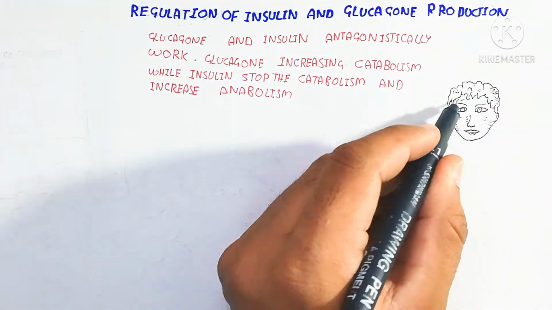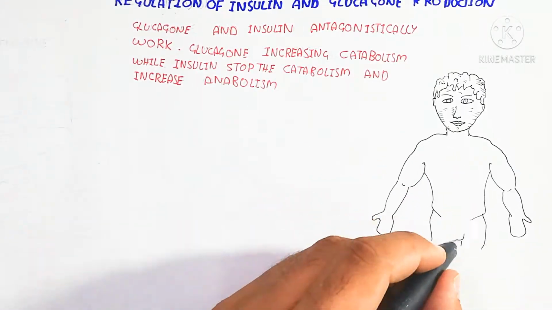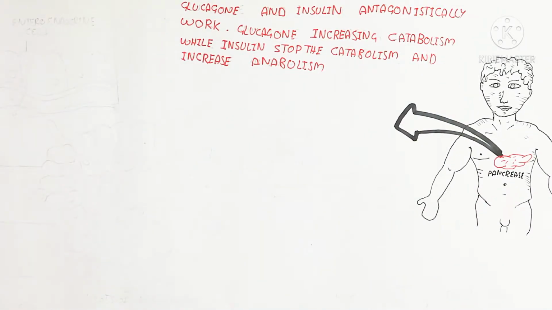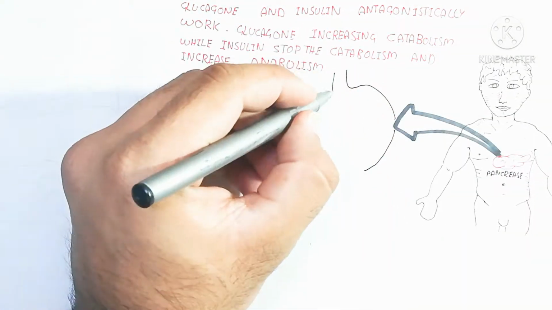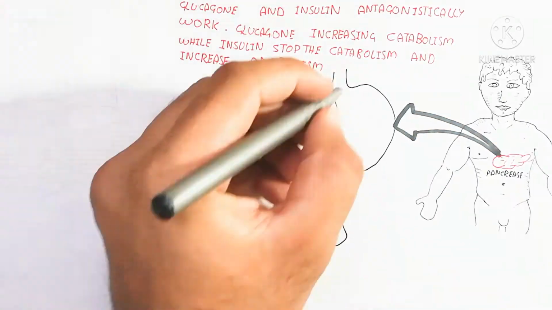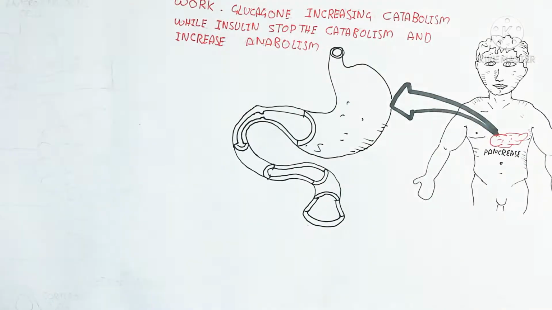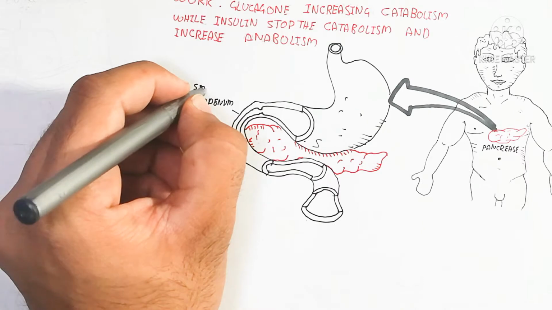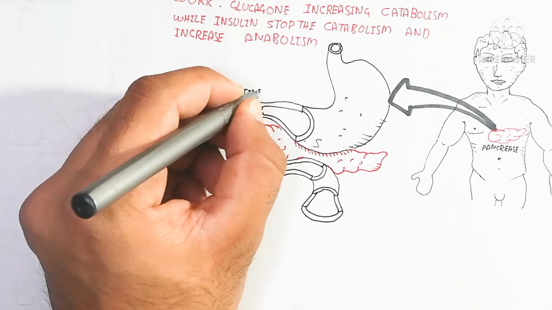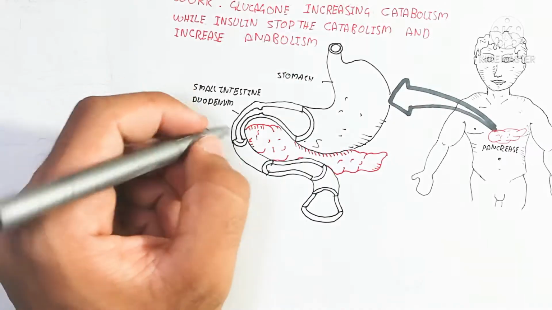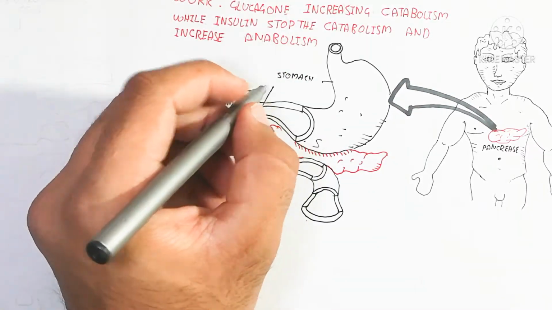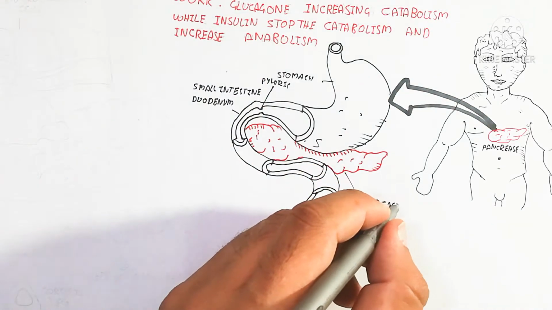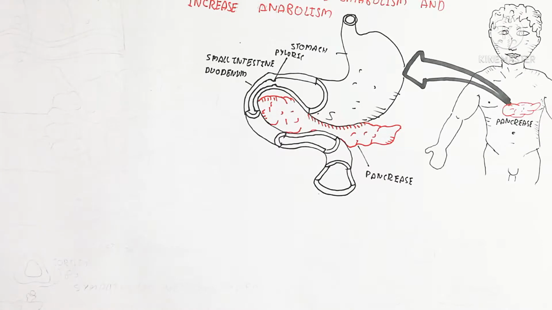So here I am drawing a person which contains the pancreas beside the duodenum. This is the pancreas. We can draw it with the stomach, and the pancreas shown in the figure looks like this. The structure is shown in red color in the figure, and it contains a tail, a head and the mid region. This pancreas works exocrinally to produce lipase, chymotrypsin and trypsin,